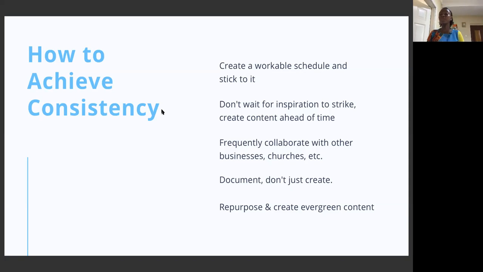The last one is to repurpose your content and create evergreen content. Evergreen content is a type of content that is relevant all the time. So with just a few updates, it is relevant to the times. Something like tools to look out for in content marketing, for instance, is something that is evergreen, because the tools just keep getting updates, but the core principles don't really change. So look for some of these contents that you can create that can take you months and years, and all you have to do is update them per what is happening in the industry at a particular time,